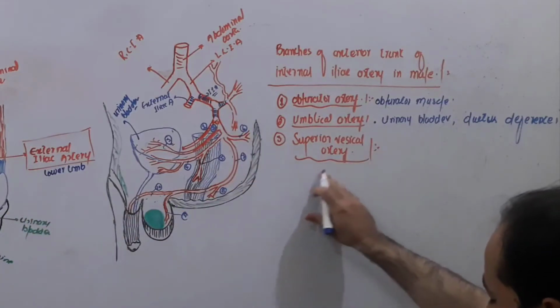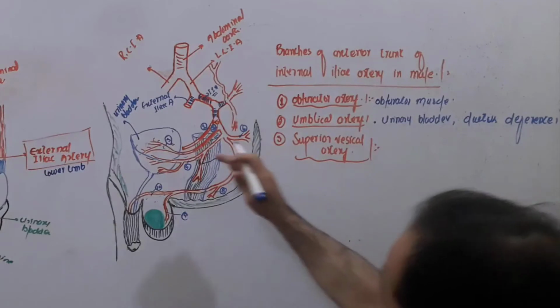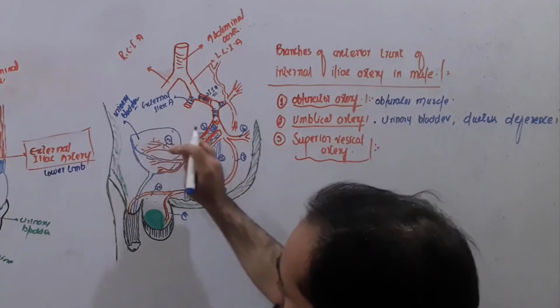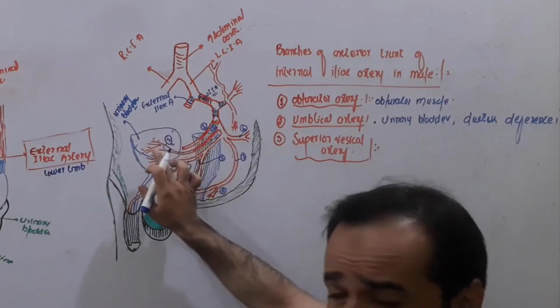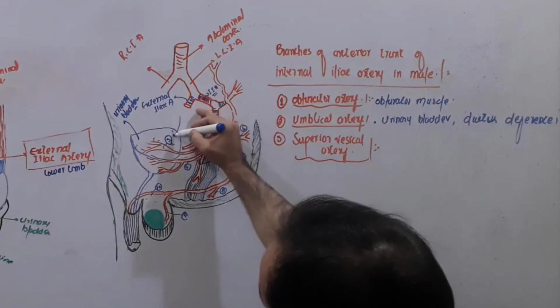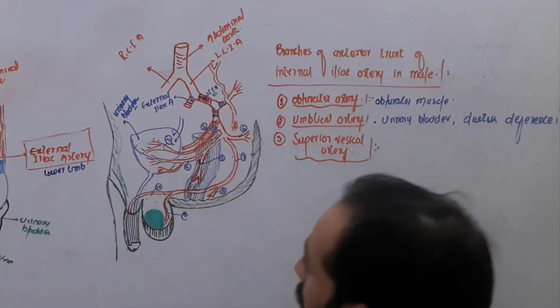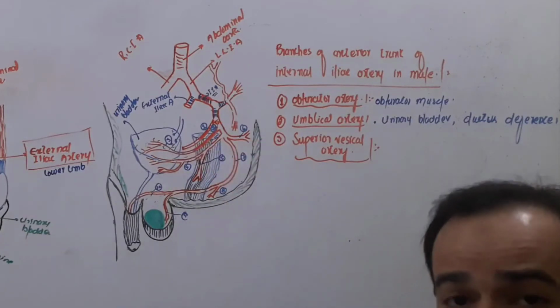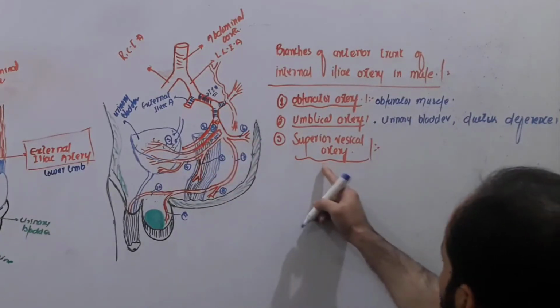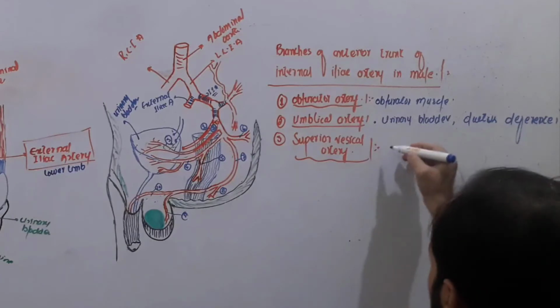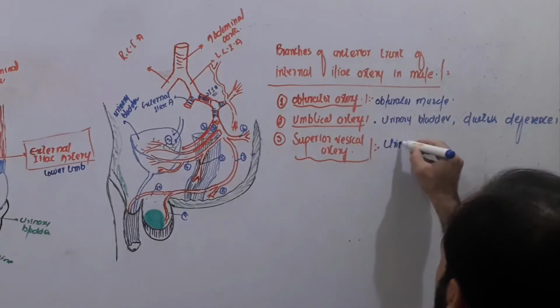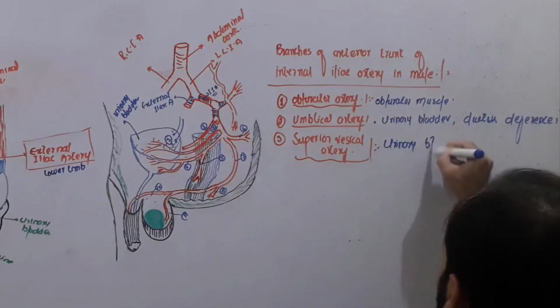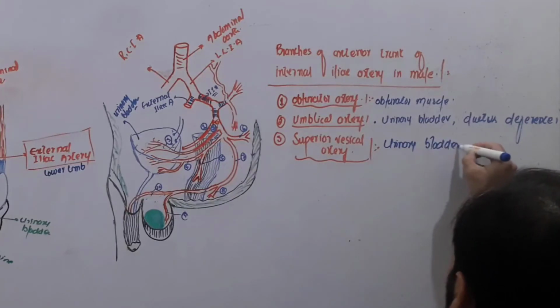The superior vesicle artery is responsible to supply blood to the superior portions of the urinary bladder, and those 2 ureters which come to the urinary bladder, it also gives us small branches to those ureters also, right? So superior vesicle artery is responsible to supply blood to the urinary bladder, okay, and ureters